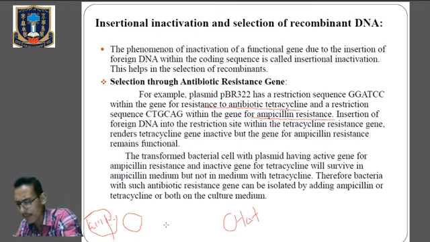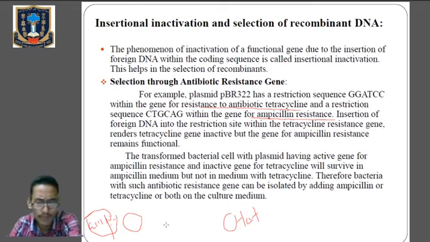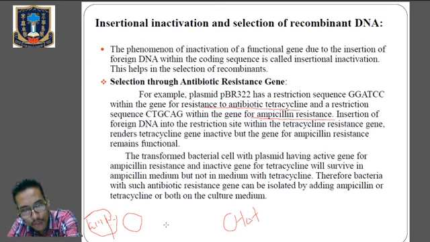We will find out, and be very careful now, that when we put the bacterial cells into a medium containing ampicillin, they will be able to survive. Why? Because those bacteria still have the resistance to the antibiotic ampicillin. The gene that provides the resistance to the antibiotic is still functional. So the bacteria will survive in a culture plate containing ampicillin.